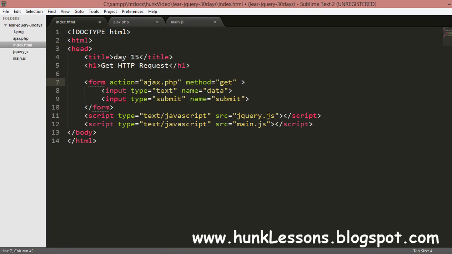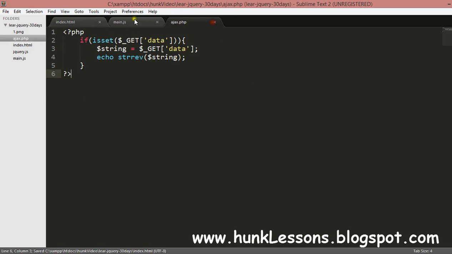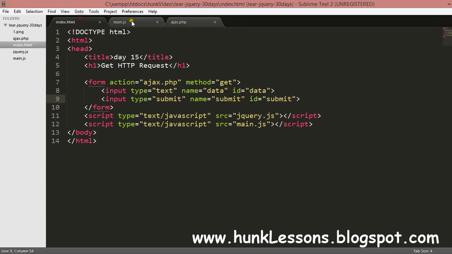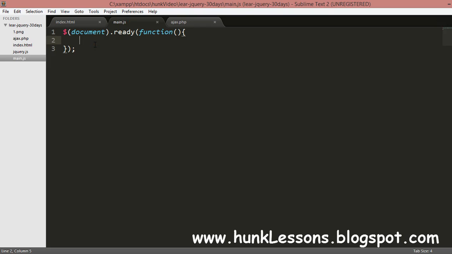I will add an ID to the box with data. I will add an ID of data, and an ID of submit. I'm adding IDs because we want to reference our HTML tags in our JavaScript file.